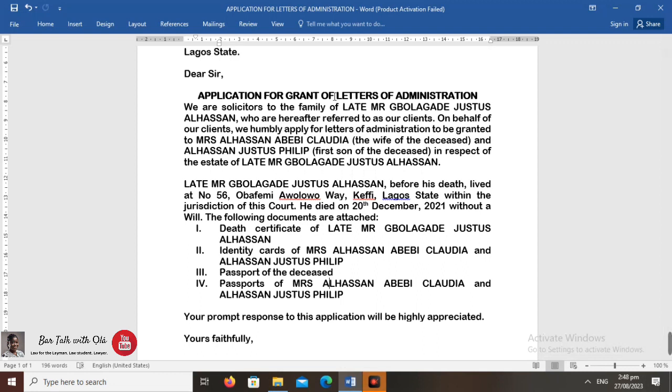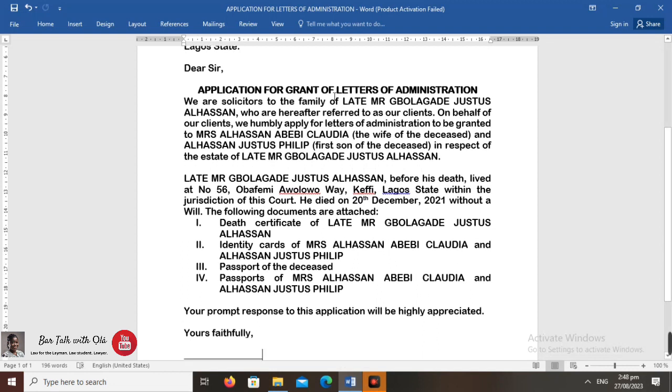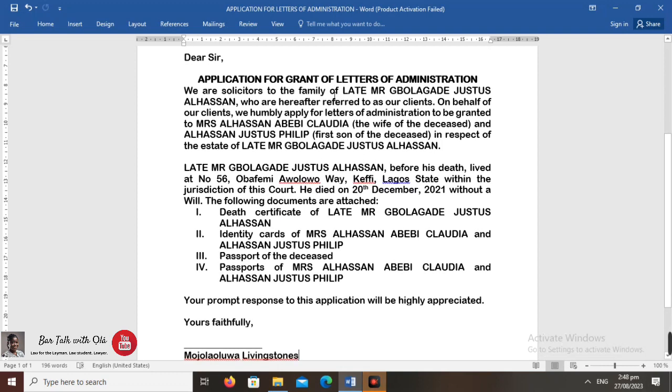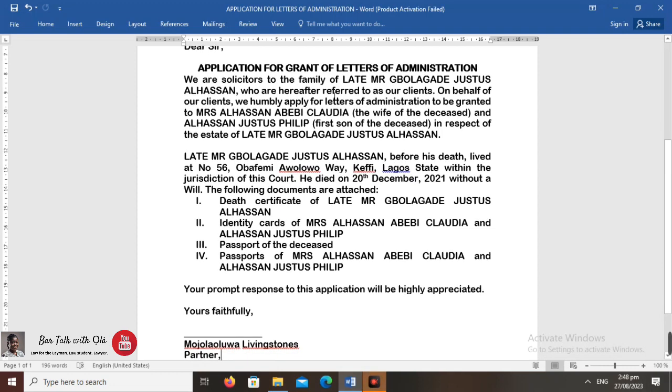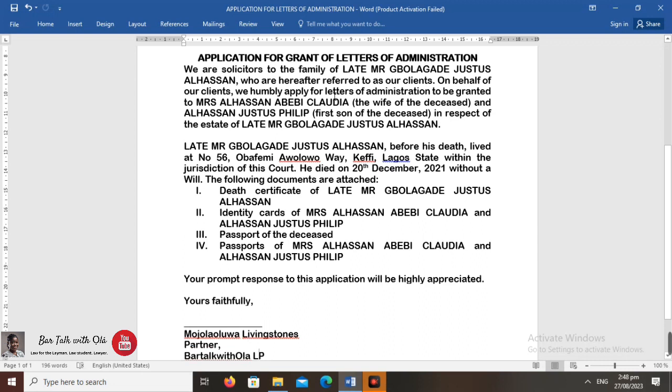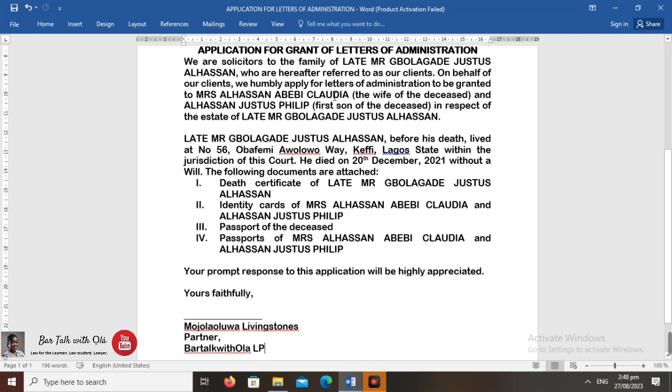Next paragraph. Late Mr. Bolagade Justus Alassane, before his death, lived at number 56 Obafemi Awolowo, Kefi, Lagos State, within the jurisdiction of this court. This is important because if you're on the island, you should apply at Igbo. If you're on the mainland, you should apply at Ikeja. I'm just using Lagos as an example, but you should apply at the court that is closest, in proximity to